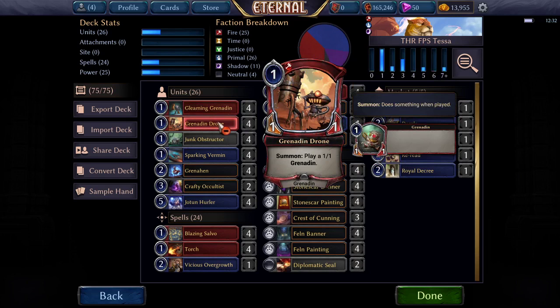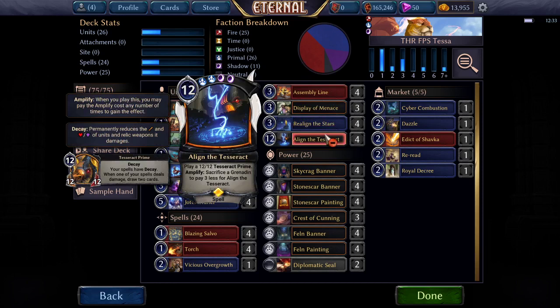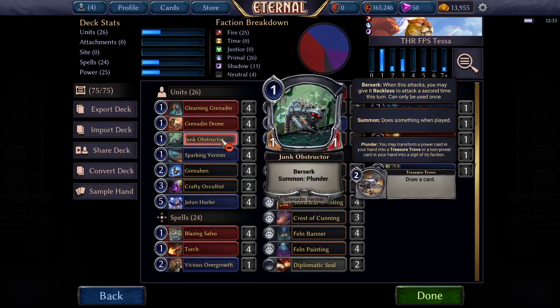Grenadine Drone is another cheap Grenadine. It's really important for Tesseract because it reduces the cost of Tesseract by 5 basically. So you pay 1 mana, but then Align the Tesseract costs 6 mana less because you can sacrifice 2 Grenadines now. Chunk Obstructor is another cheap Grenadine, and I didn't have it in the first build, but I really